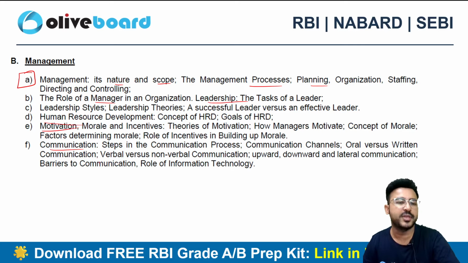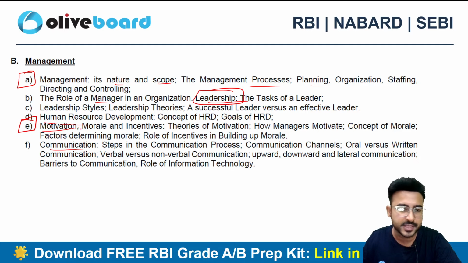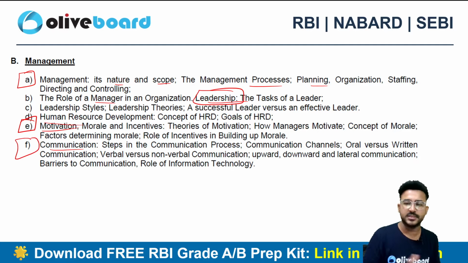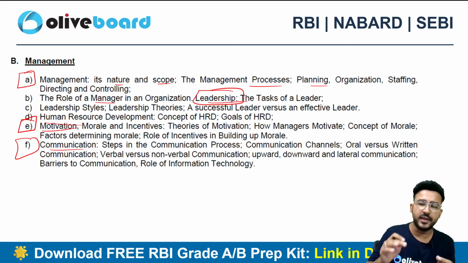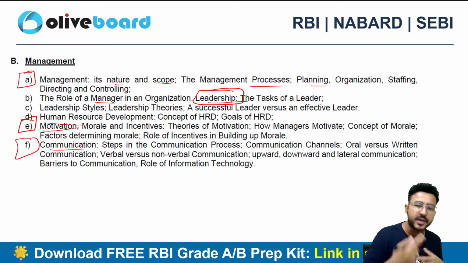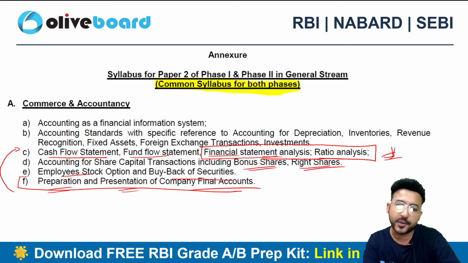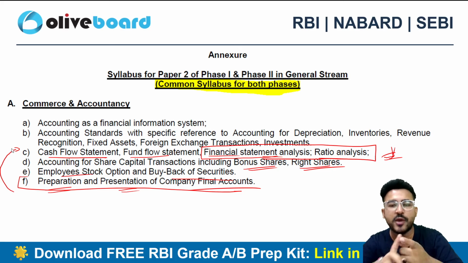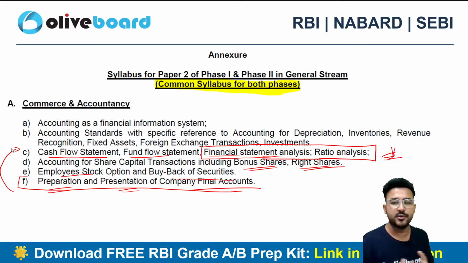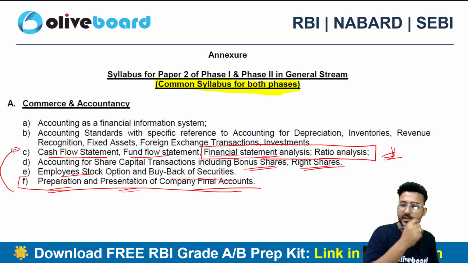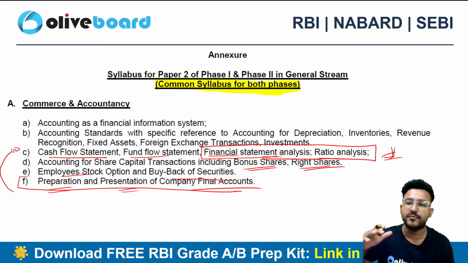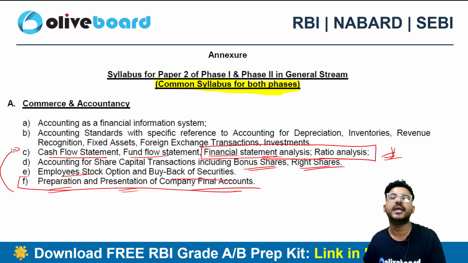So majority of the times your मोटिवेशन टॉपिक से आपके काफ़ी सारे क्वेश्चन आते हैं, लीडरशिप के आपके काफ़ी सारे क्वेश्चन आते हैं और कम्युनिकेशन से आपके बहुत सारे क्वेश्चन आते हैं, राइट? कंप्लीट थ्योरी टॉपिक. And for theory topics, I can say that multiple revision is the only way you can do this. If I talk about the commerce and accountancy, first you need to have a very good understanding about the basic concept. You need to have a very strong base. Then you need to have a good conceptual understanding of the advanced concepts as well. And then the process of revision comes into picture.